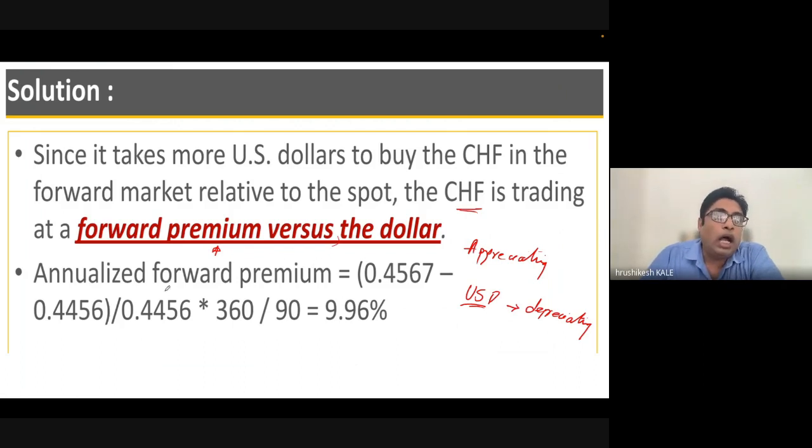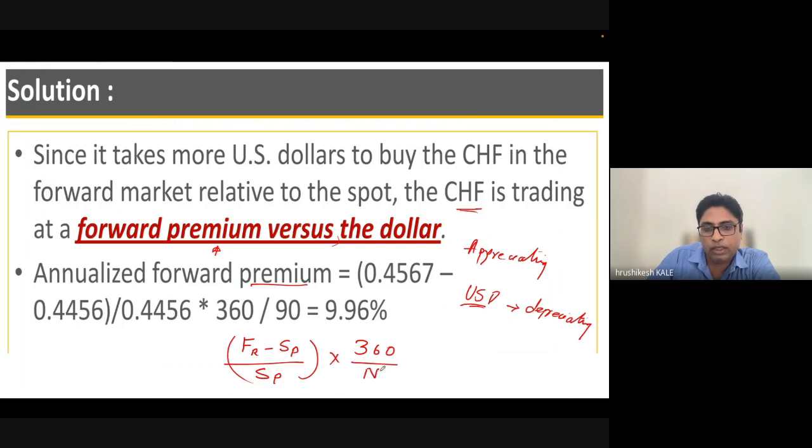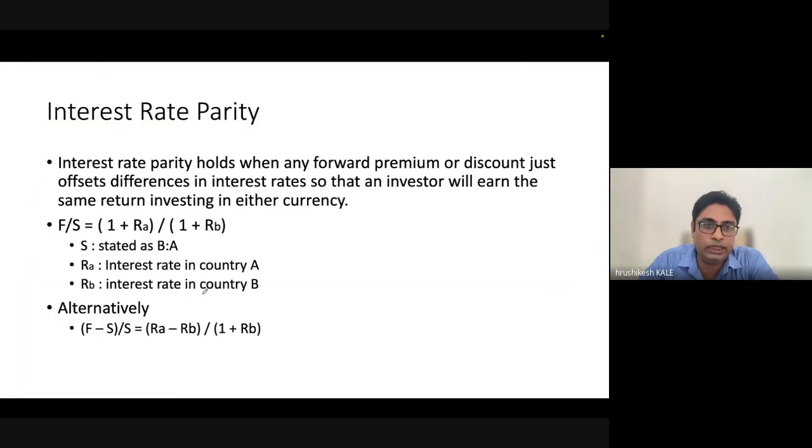And how do you calculate forward premium or forward discount? There's a formula which is written in the next couple of slides. Forward rate minus spot rate upon spot rate, multiplied by 360 days divided by the number of days for which the forward rate is given. That's how you can calculate annualized forward premium or discount. We will see the formula in the next slide. Okay. Now,